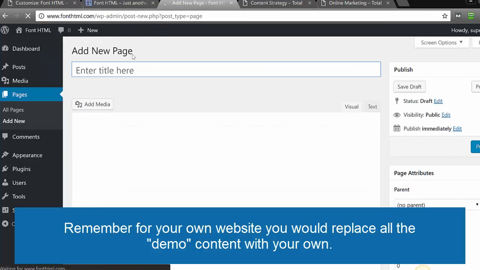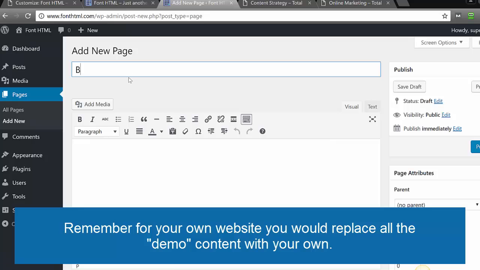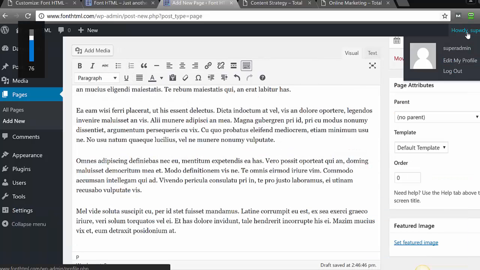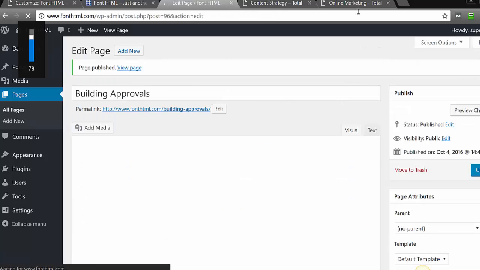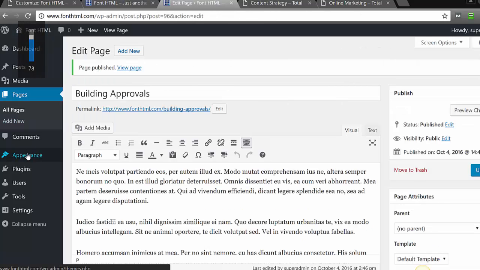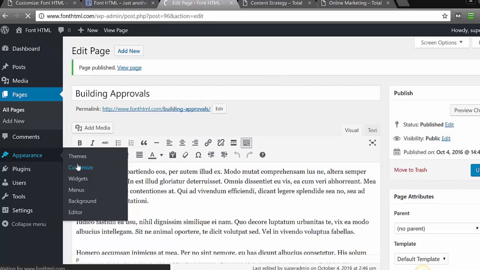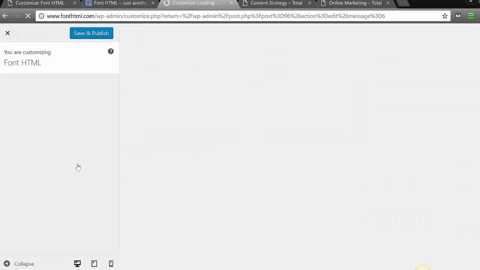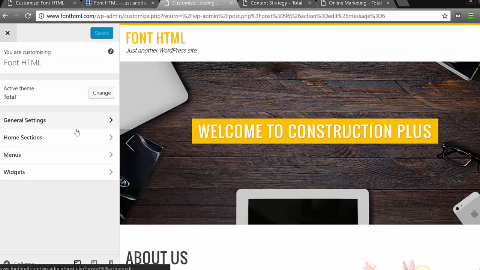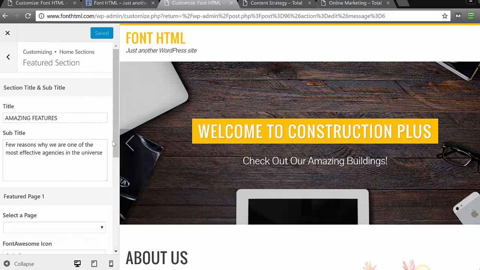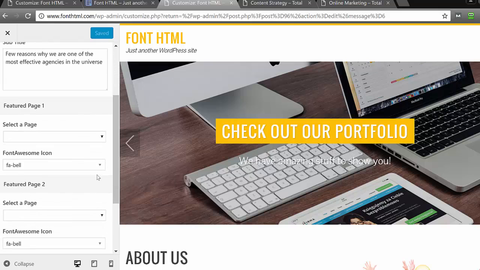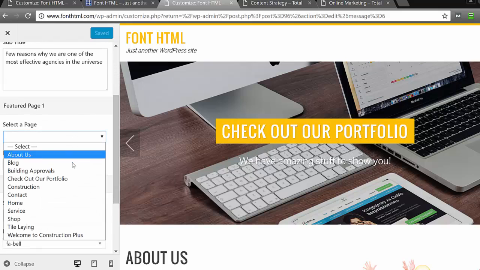Let's call this one, and we're going to publish. Alright, and then we're going to go back to customize, and now we're just going to set the featured section to each of these options here. So let's go ahead and select,